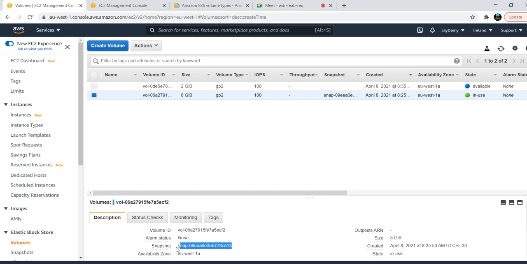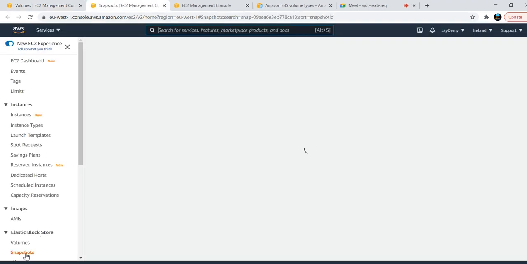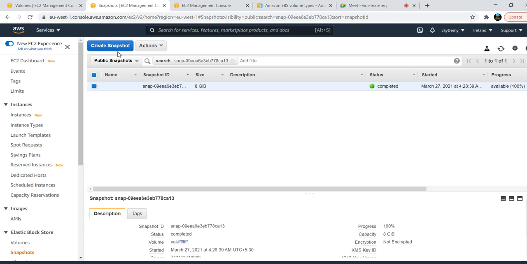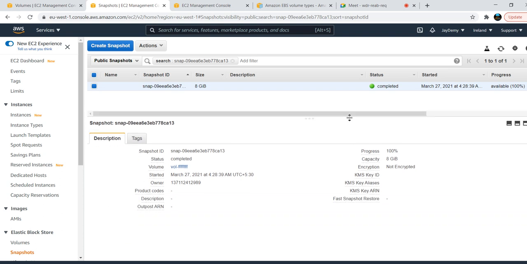You just copy it, or else you can click on the snapshot. It will navigate to your snapshot console, where you can find it with this ID. No snapshots are matching your filter. Okay, this is the public snapshot. It is created by AWS.